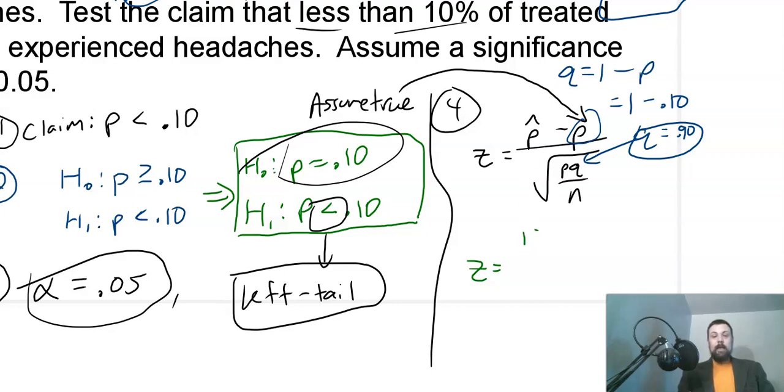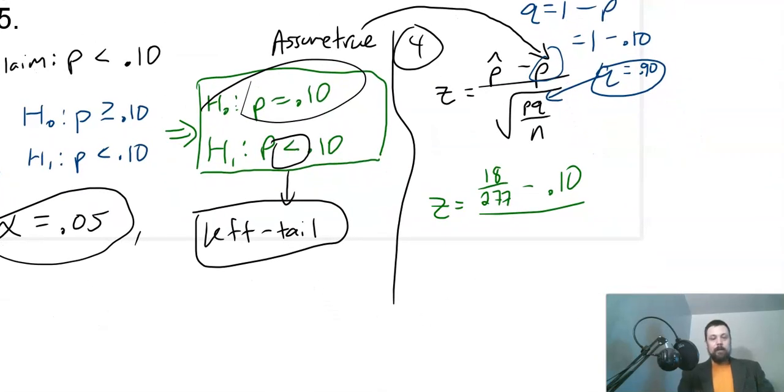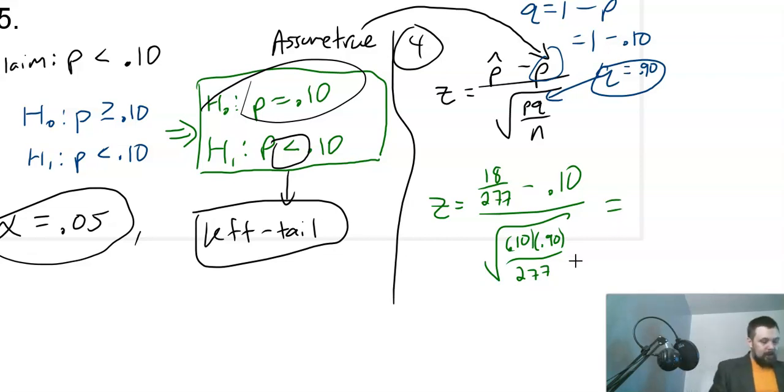Okay. So P hat was 18 over 277, keep it as a fraction, minus P, which is 0.10. I know it's weird to have decimals and fractions mixed like this, but it's for the best, for right now anyways, over the square root of P, which is 0.10, times Q, which is 0.90, over N, which is 277. And so we plug that into our calculator and we get our test statistic. Again, we need parentheses in the numerator to make sure the calculator does this correctly. So 18 over 277 minus 0.10, close the parentheses, divided by the square root of 0.10 times 0.90 divided by 277. Close the parentheses on the square root, and I end up getting negative,